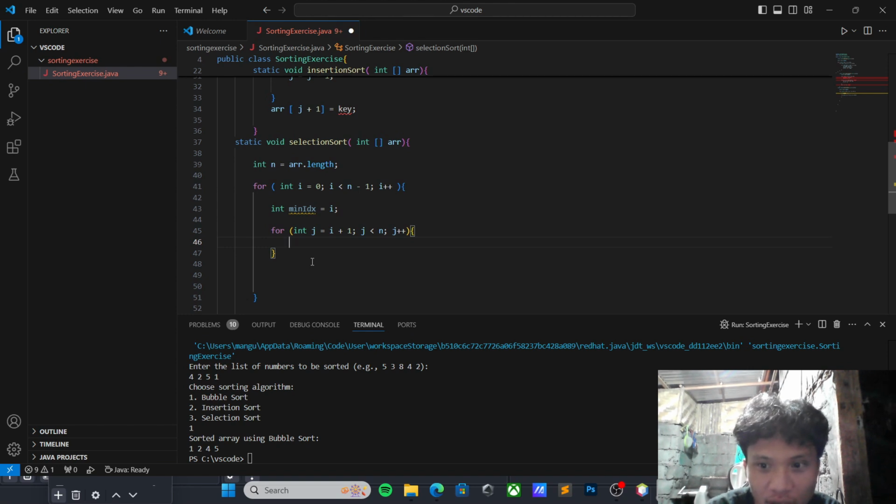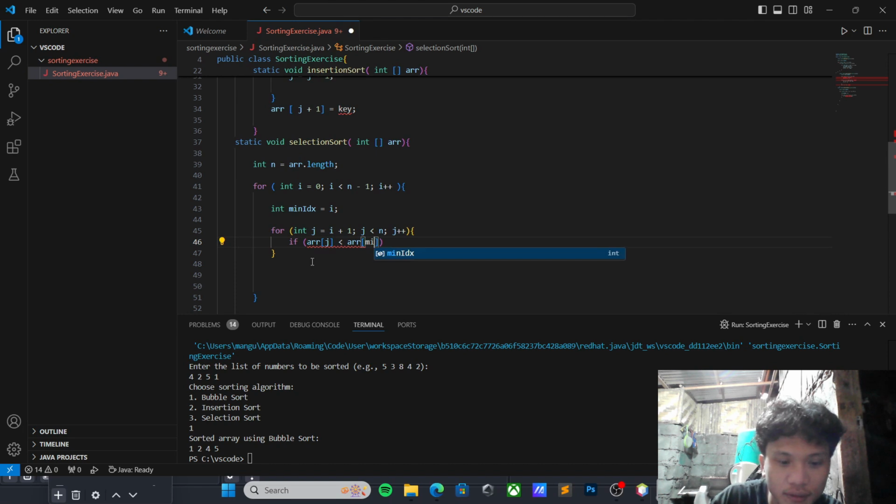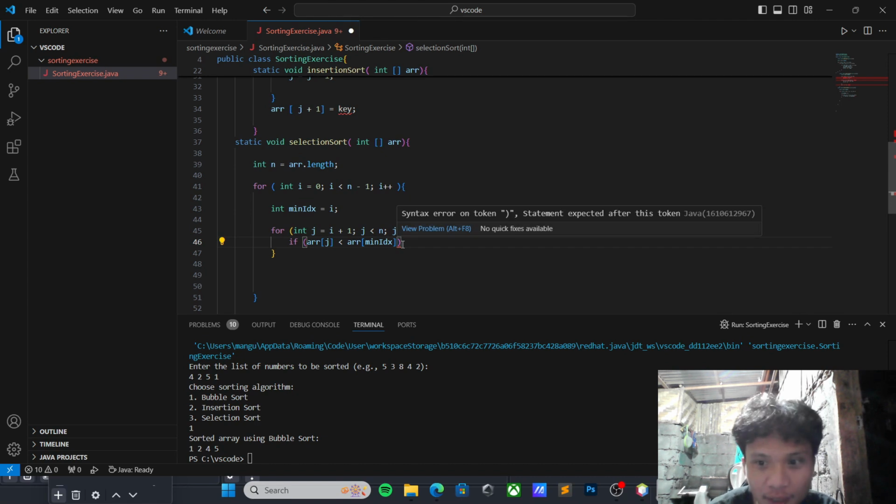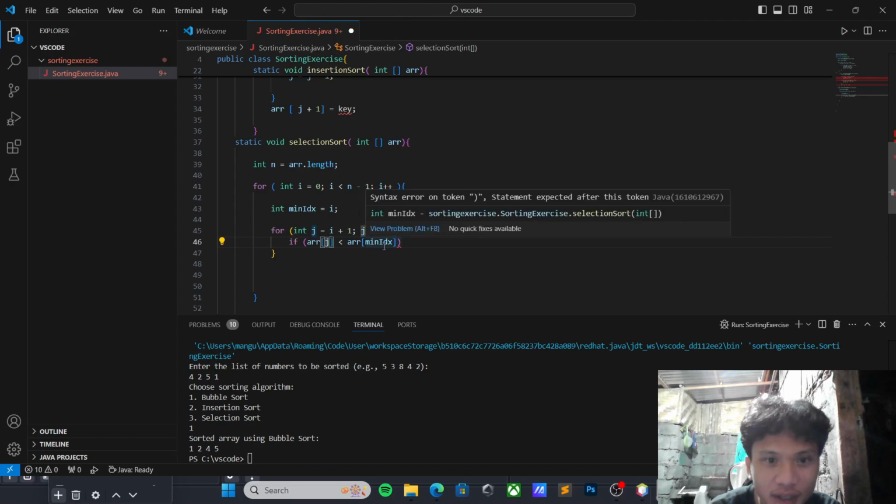So the comparison: if a[j] is less than a[minIdx], our variable right here, it checks if the current element a[j] is smaller than the element at the current minIdx.